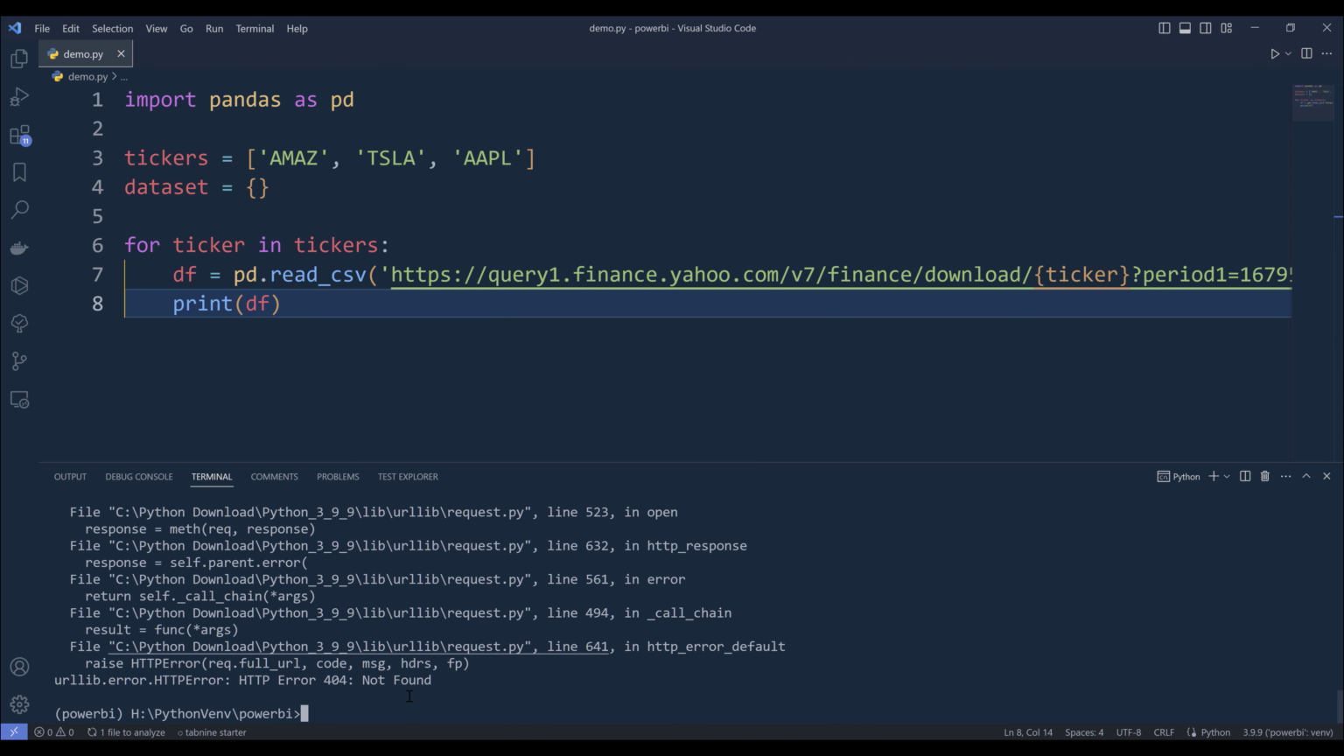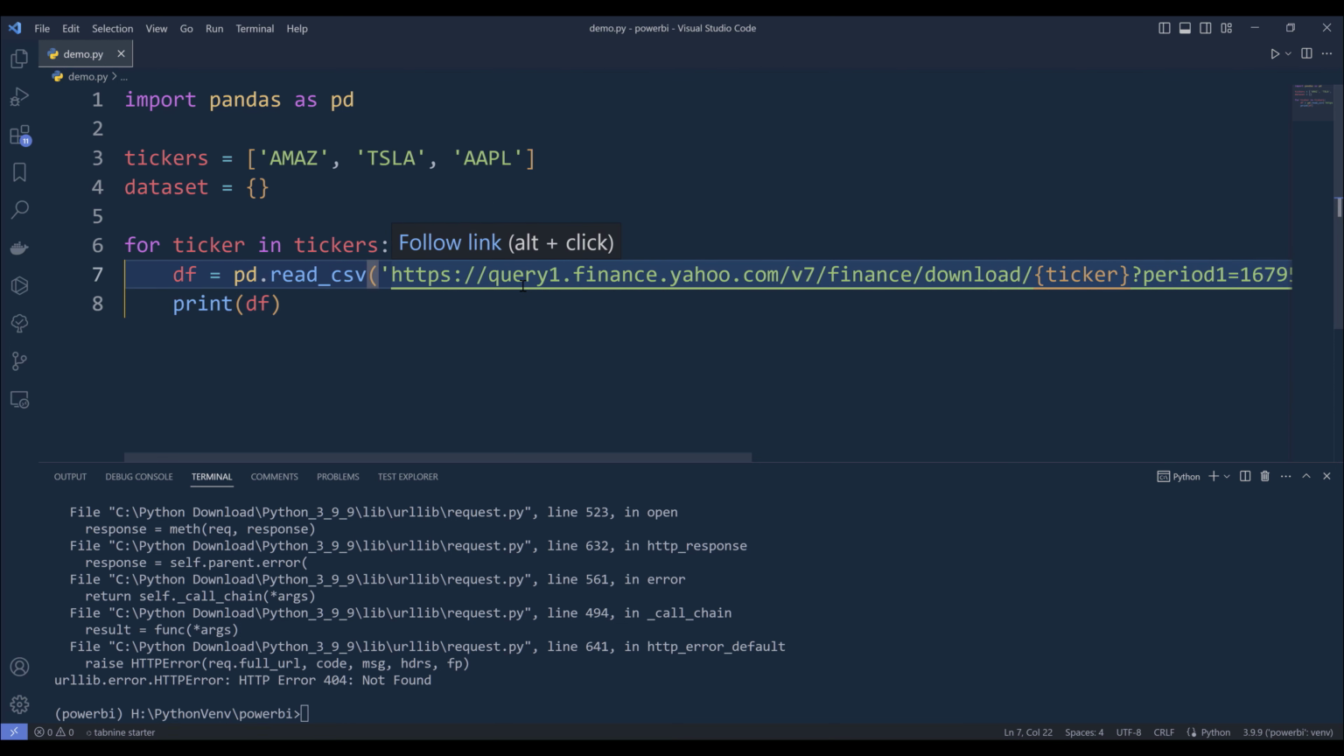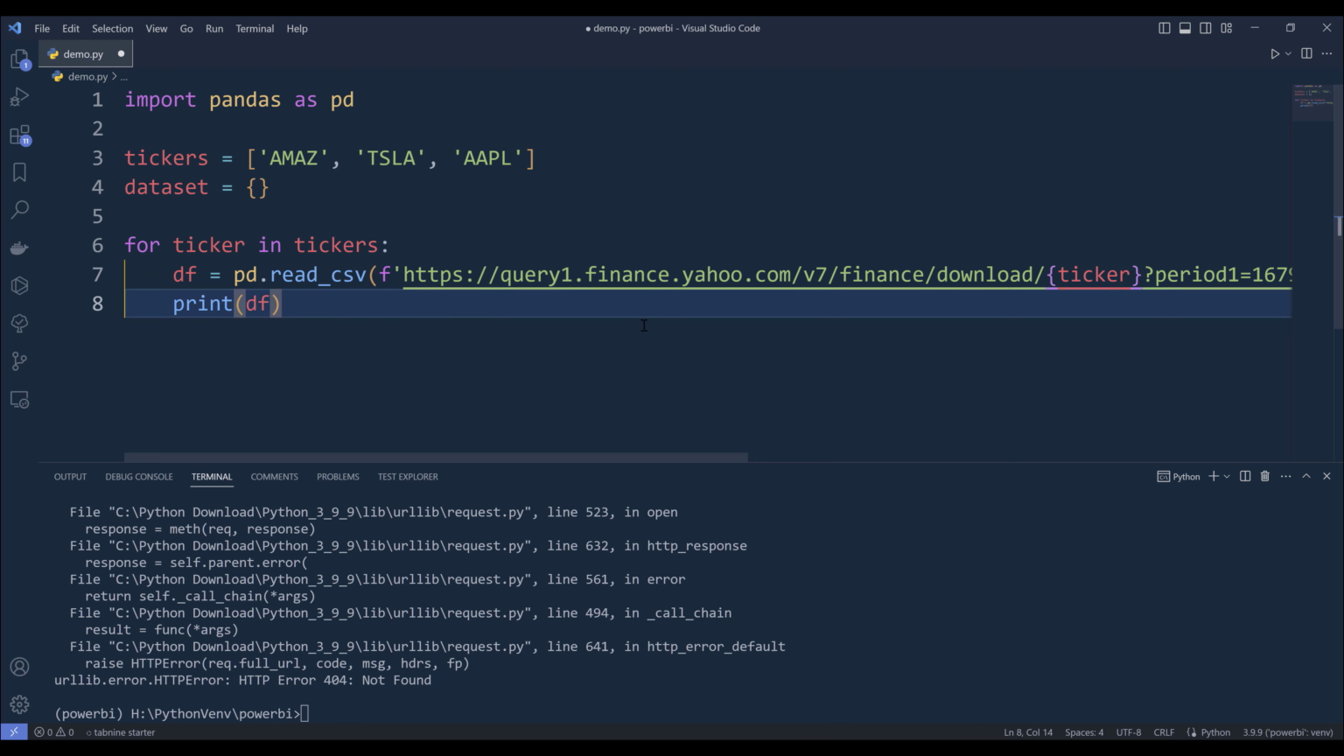Alright, so here I'm getting this 404 error. Oh, because I forgot to convert this to an f-string, which is a specific syntax that Python uses. So just make sure that you insert the letter F right in front of the string. Now, if I go ahead and rerun the Python script,